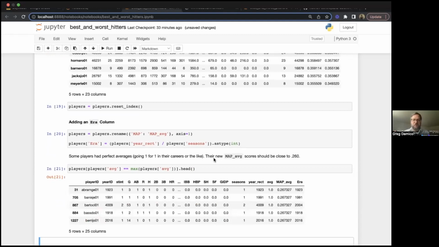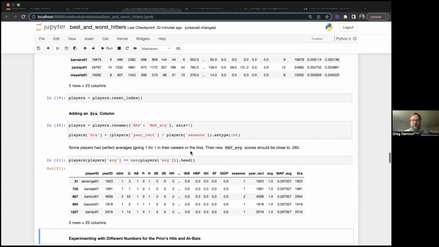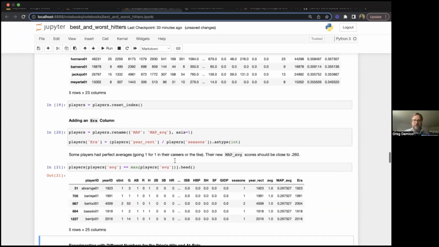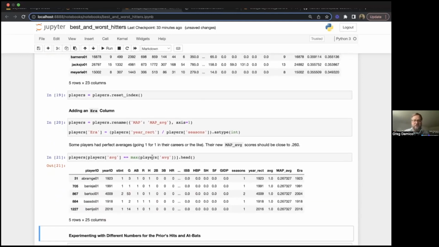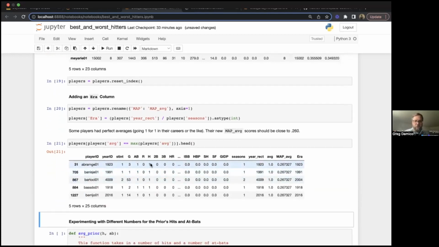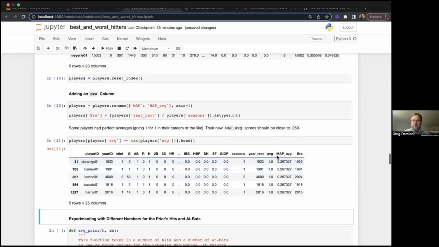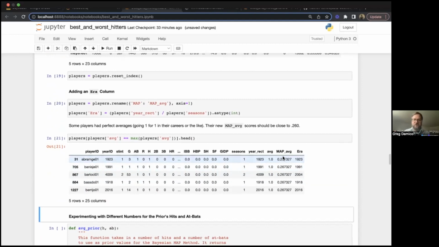And if I look for where the average was maximized, then I can see that even though they had a high batting average, here's a batting average of 1.0, 1.0, 1.0. So this guy went 1 for 1, 1 for 1, 1 for 1, 1 for 1. But their new adjusted averages are 267,